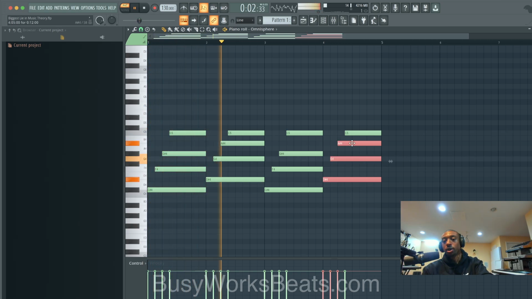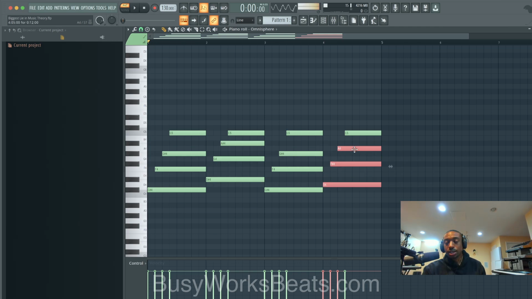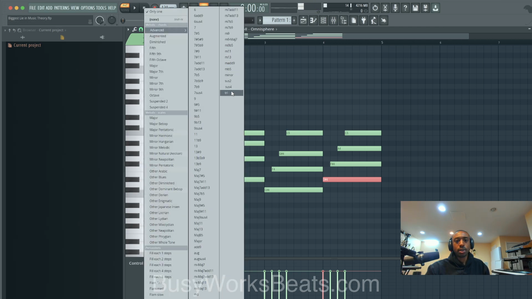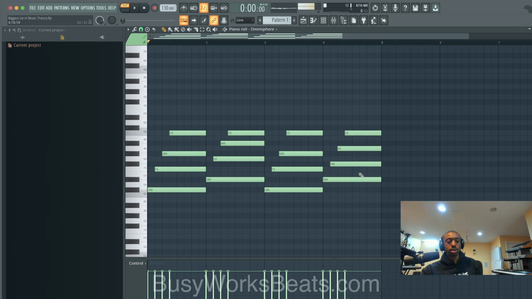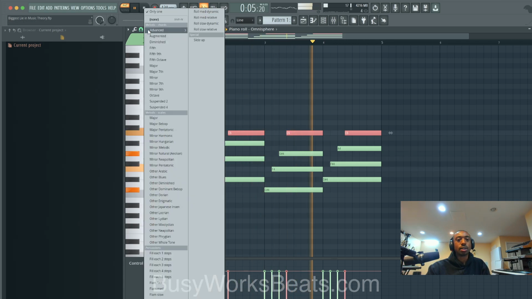Now what I'm going to do is add our borrowed chord at the very end. An easy one that I like is just counting the 3. So it's 1, 2, 3, 1, 2, 3. And let's add another one. I believe this is our tritone when we have the 4 notes in here. Trichord, yeah, it's our trichord. It's when we have 4 notes all spread apart by 3 semitones. You don't need to memorize that. Just count the 3. It creates a nice tension in your chord progression. And remember, they all have the same top note. It takes us out of the key and then brings us back in, very gracefully.